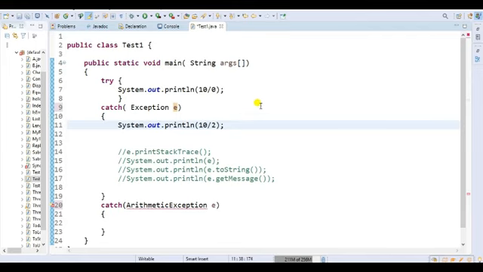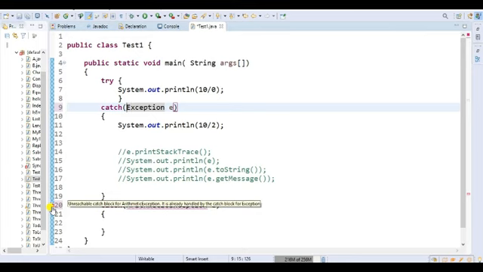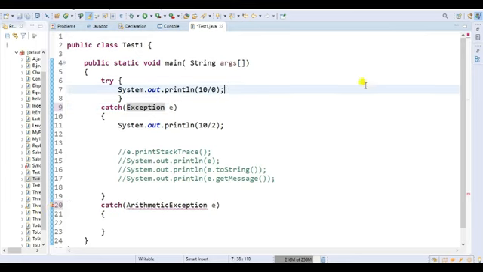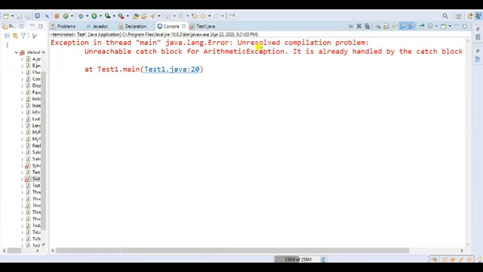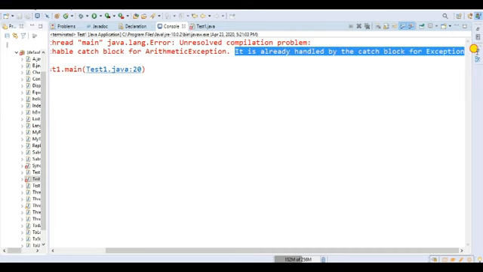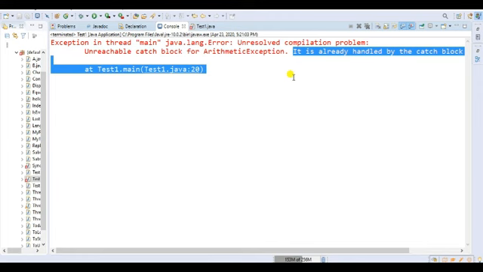So in this example, I am expecting, as I mentioned earlier, that we cannot use the super class first, then the child class. So there is a syntax error. If I compile and run this one, there is an error: unresolved compilation problem, because the catch block for arithmetic exception is already handled by another catch block for exception at Test.main.